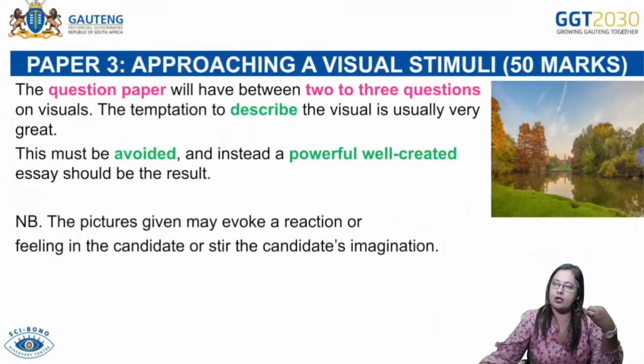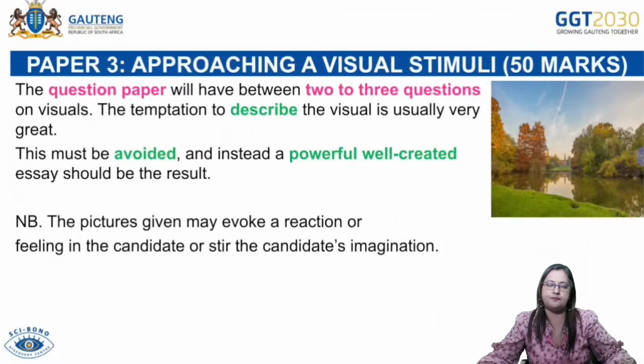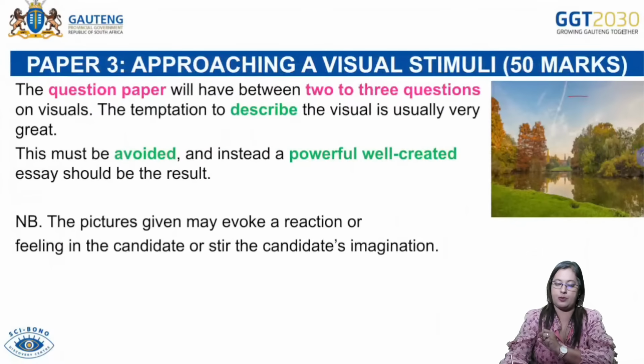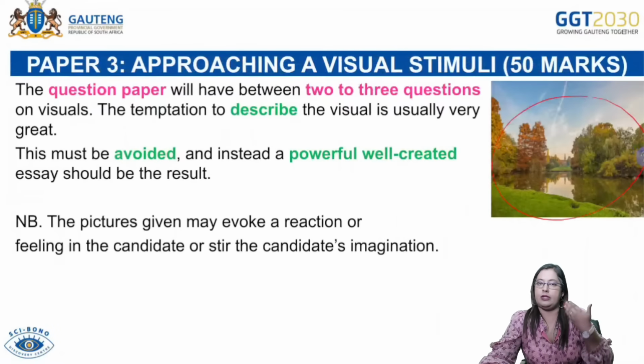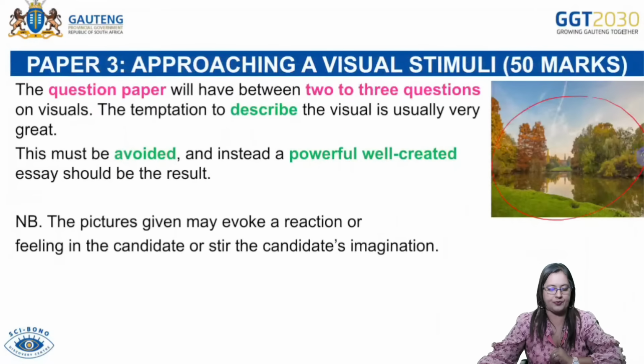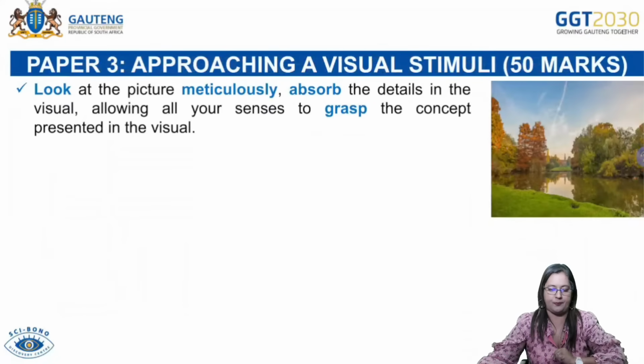So you need to think, okay, this particular image, what could possibly come out of this image? For example, maybe there's a rampant killing spree going on. So this image, for example, might look very easy and very calm and harmonious, but there could be underlying negative issues that you could be pulling out of it. All right. So like that still waters run deep imagery, for example, okay, that you can talk about. So please remember to look at the visual stimuli very well.